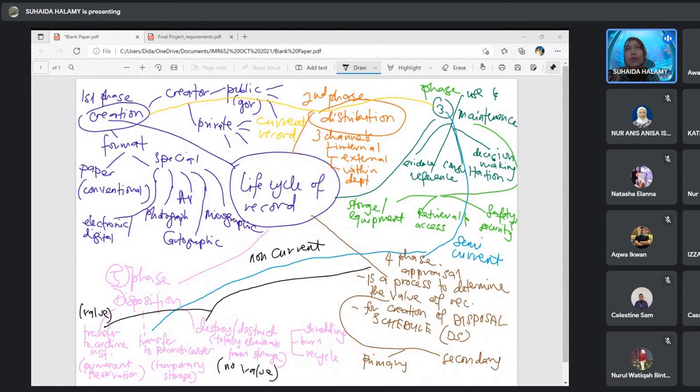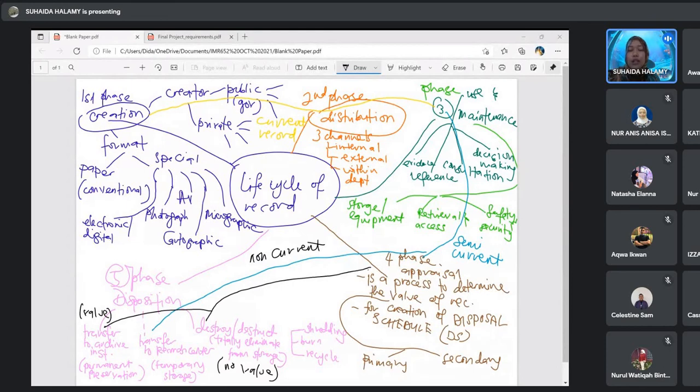Tapi kalau kita cakap tentang administrative record, administrative record ni biasanya memang we need to transfer to archive. Sebab dia memang value dia berterusan. Dia ada continuing value. Okay, so you memang tak boleh destroy record tu, especially when we talk about administrative record yang ada continuing value. Kalau financial ni you boleh tengok balik, maksudnya after 7 years masih perlu ke record financial? Kalau tak, destroy. Okay. So how do we know?